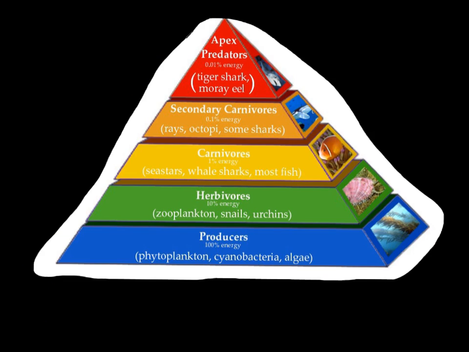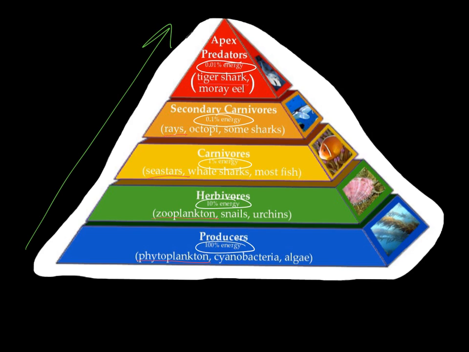So now let's sum it up. We have an example here of an energy pyramid, and it shows at the bottom a producer, phytoplankton, and then you have zooplankton that moves up, an herbivore. Then you have sea stars, you have rays, and you have your tiger shark up here. As you can see, as you're moving up this way, what's happening to all of that energy? You have 100%, 10%, 1%, 0.1%, 0.01%. So what do we say happens to it again? Exactly, as you move your way up, the energy